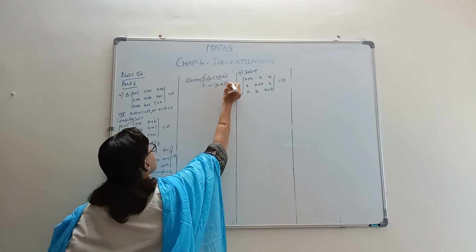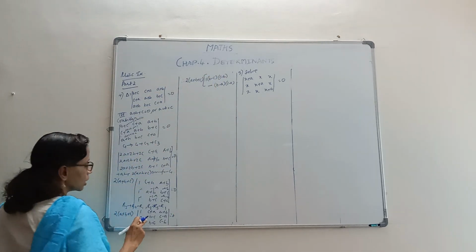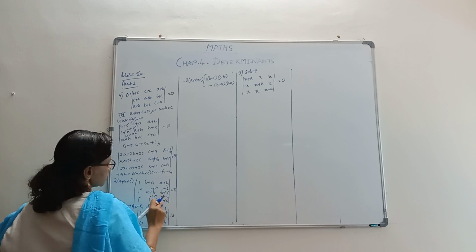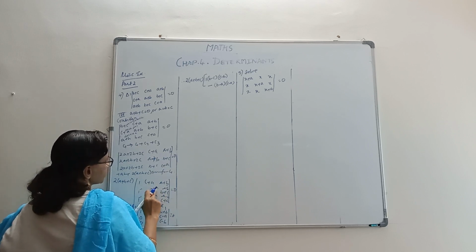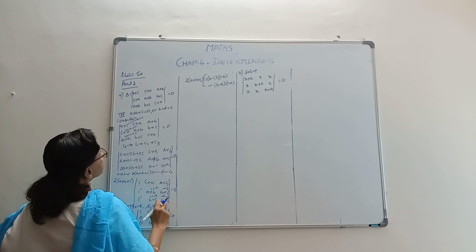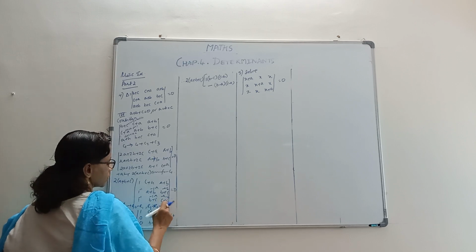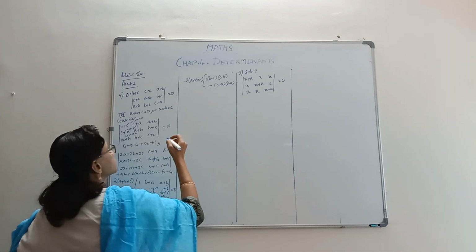There is a need to check whether this is correct or not. Let's check. a plus b, b plus c, b plus c, c plus a. So you have c gone, a is getting cut. b minus a is okay, and this is c plus a minus b, so a is getting cut, c minus b. Okay, let's expand and see what comes.